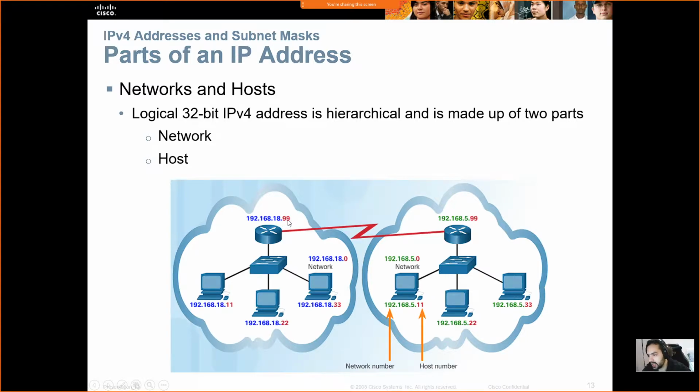On the left, we have 192.168.18.99. This address is associated with the router. In contrast, each one of the endpoints, each one of the computers on the left LAN, is represented by an IPv4 address, and the red portion represents the hosts, correct? As you can see here, the network address portion repeats itself amongst all the devices within that network. In contrast, the host portion, which is represented by the red color on the address, is not shared between devices